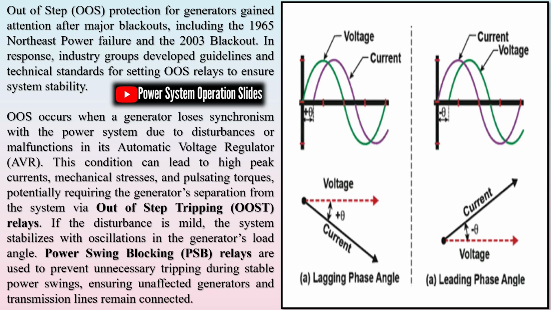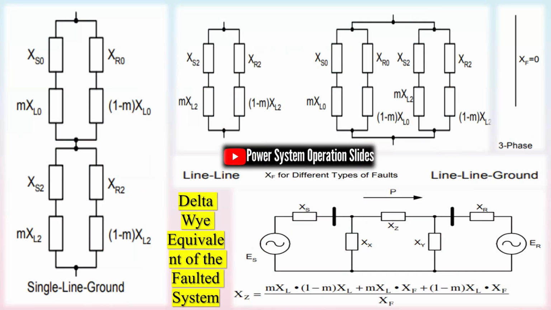OOS occurs when a generator loses synchronism with the power system due to disturbances or malfunctions in its automatic voltage regulator (AVR). This condition can lead to high peak currents, mechanical stresses, and pulsating torques, potentially requiring the generator's separation from the system via out-of-step tripping relays. If the disturbance is mild, the system stabilizes with oscillations in the generator's load angle. Power swing blocking (PSB) relays are used to prevent unnecessary tripping during stable power swings, ensuring unaffected generators and transmission